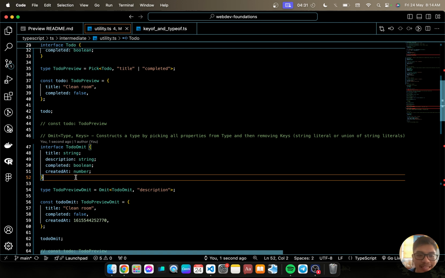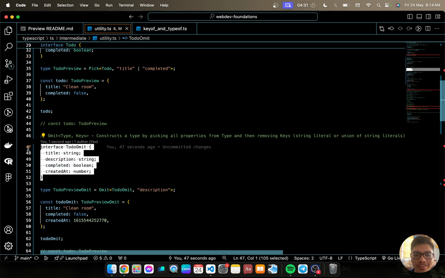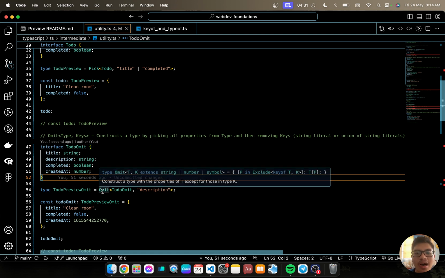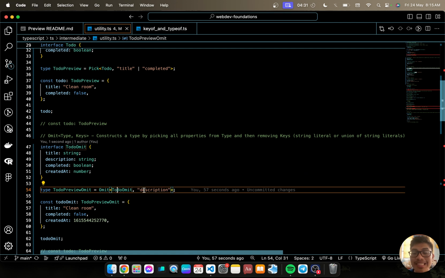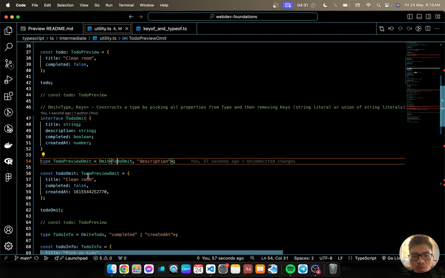Now, instead of creating a new interface, we can just use the Omit utility type, where we get the type and specify that, hey, let's remove description. As you can see here, we have TodoPreviewOmit where description is not included anymore. Now, ain't that convenient?